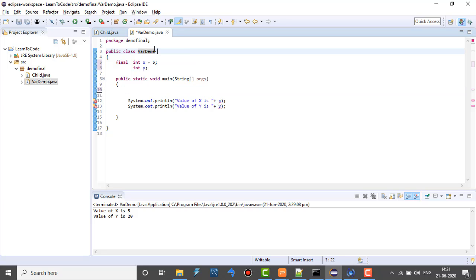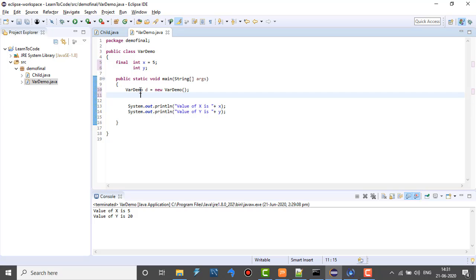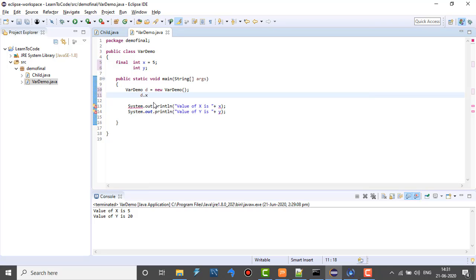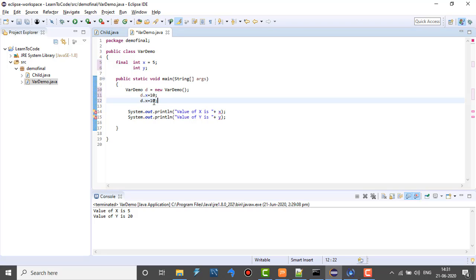I'll create an object of the class, and now using this object, as soon as I type d.x, I get a suggestion.